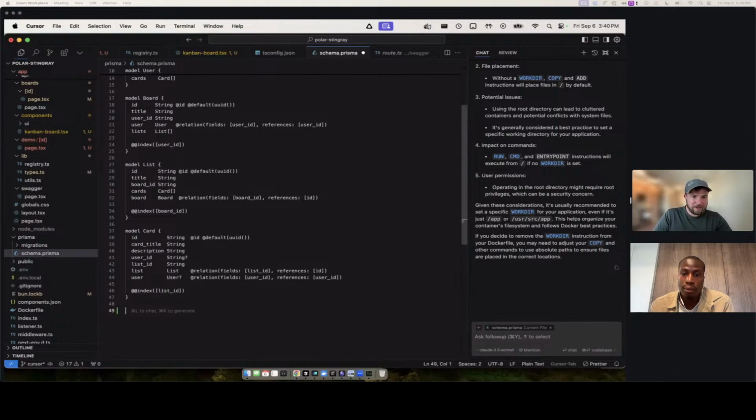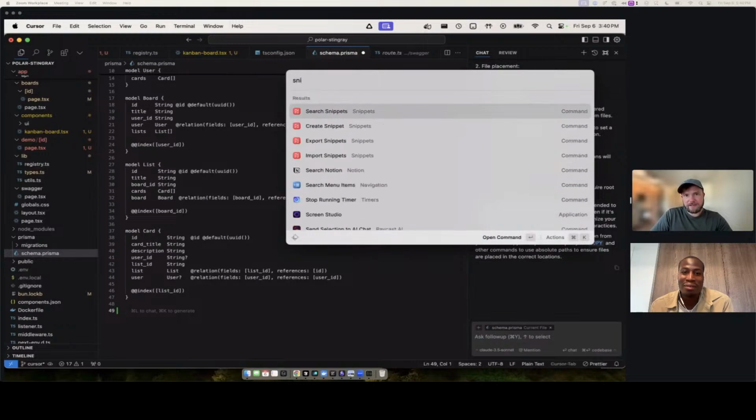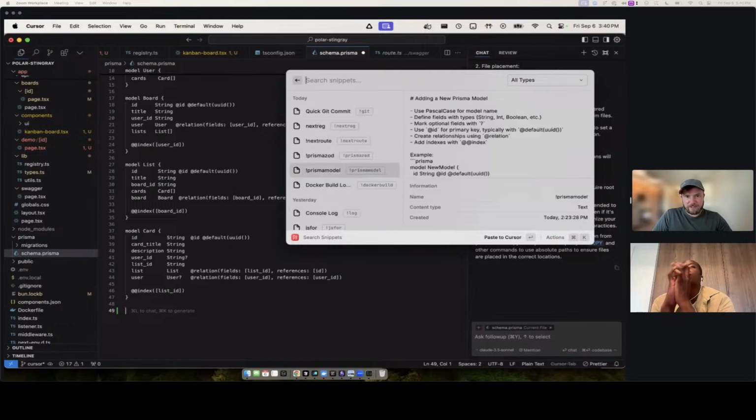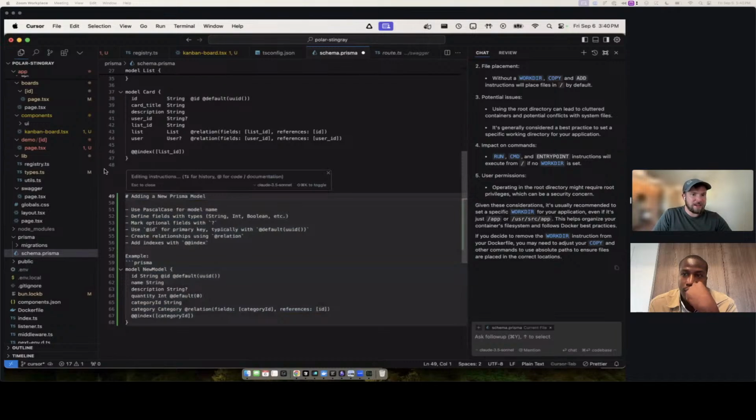So we can add a couple tables here. Let's say we wanted to have this Kanban board also be able to track your habits, like you want to make it a habit tracking app too. What I do is I have a bunch of snippets saved in Raycast. Raycast is a really neat Mac app, and you can store snippets. So I have a quick git commit, a little console log, and some other stuff. But I have these instructions on how to create a new Prisma model, and I can just insert that as a snippet, and then Command K over that.